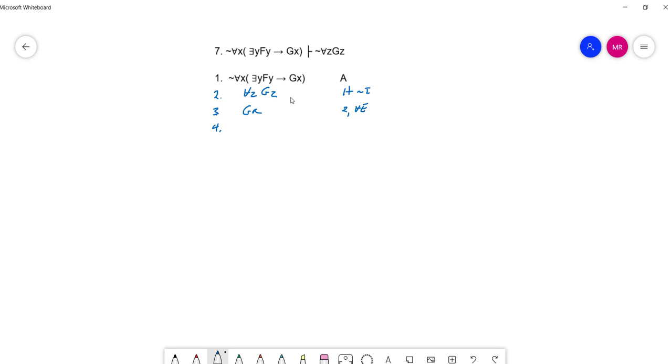So suppose from here you went with or introduction to it's not the case that there exists a y F y, or G a. 3, or introduction. Now that might feel a little unintuitive, but it's obviously legit. And of course then with material implication you can change that to there exists a y F y then GA, right? So that's 4 and MI,